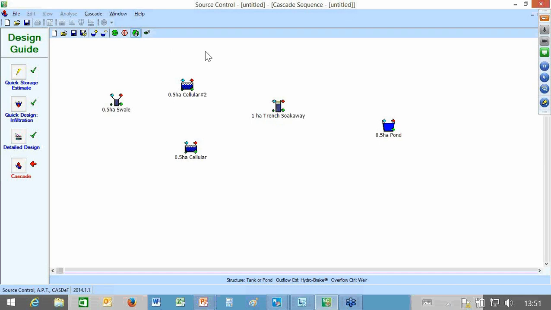So I'm going to do two things. One, click on the pollution train and see how each of these would act individually, but then I'm going to link them together and analyze the gain, if you like, of producing a SUDS train. So if I click on pollution train,